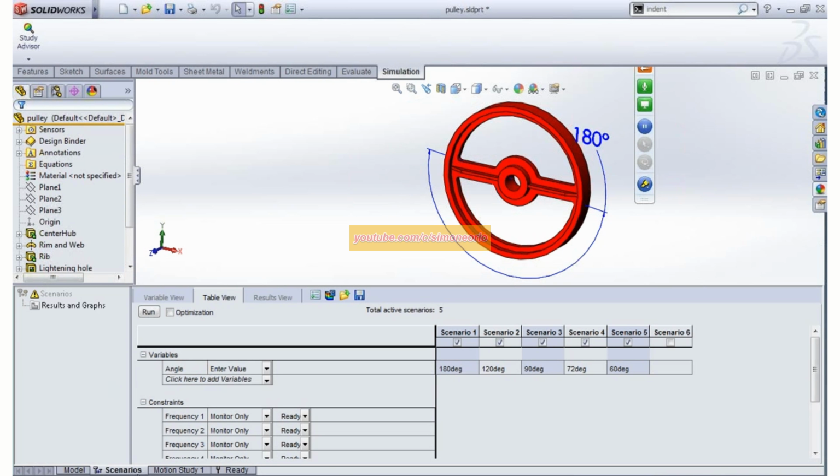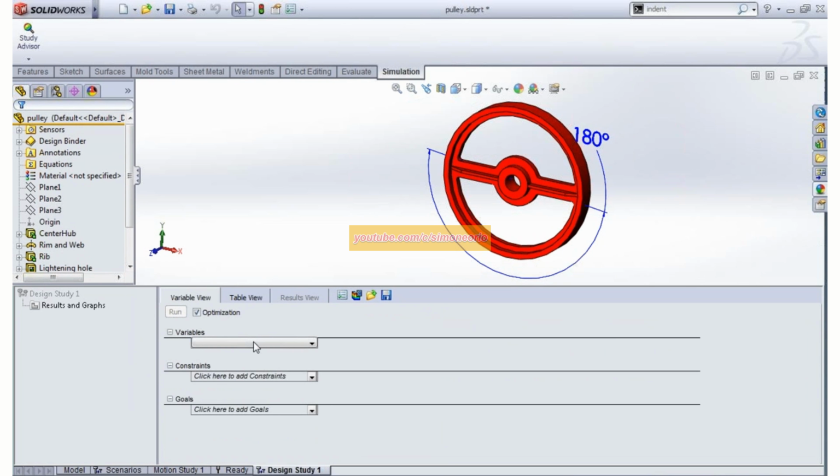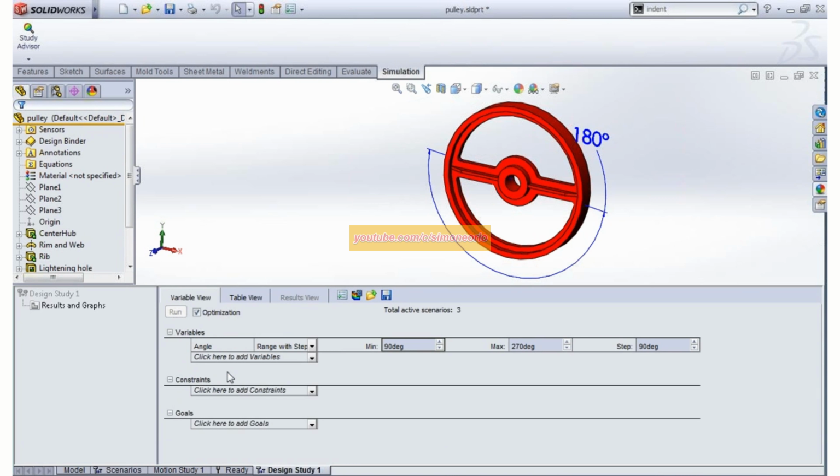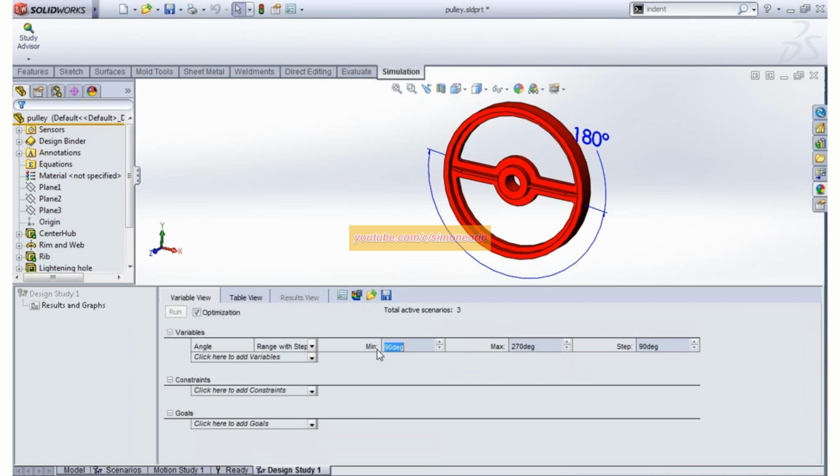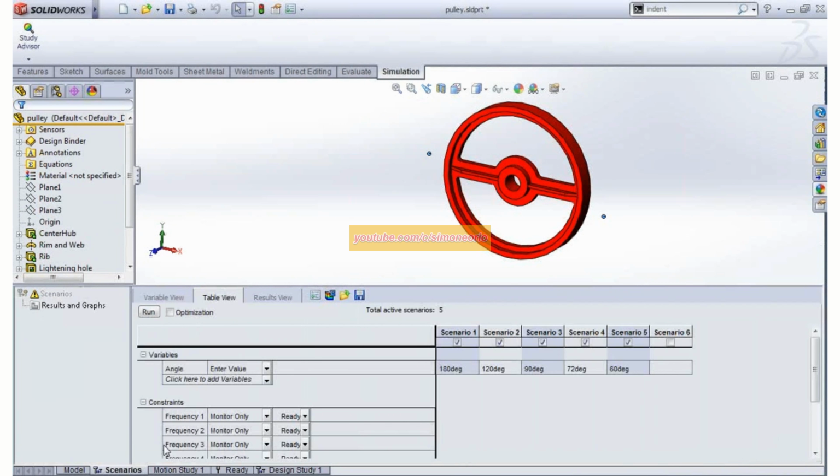I'll just start a fresh one. That'll be easier. Create a new design study. Add my angle parameter. So we can try out all the different variables here: 180, 120, 90, 72, and 60.